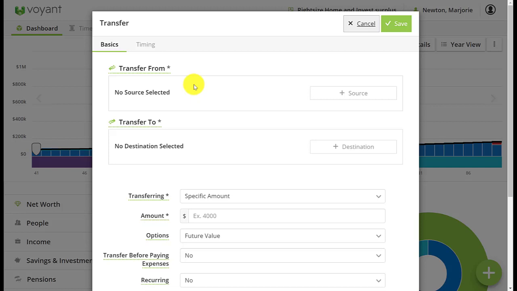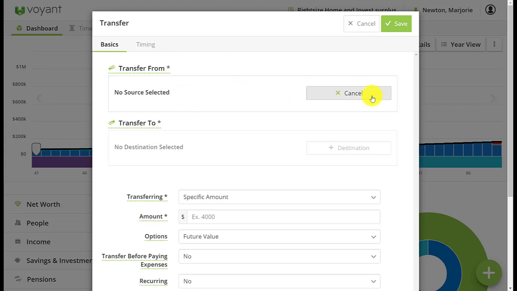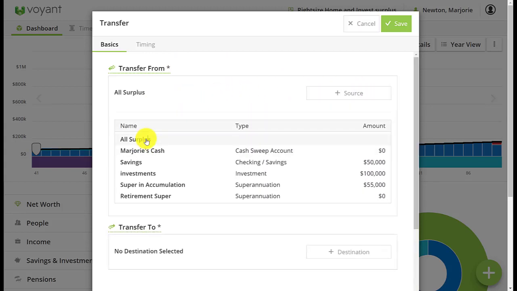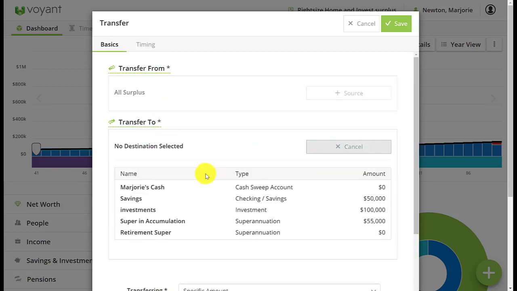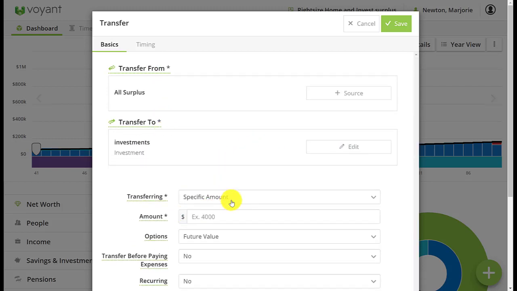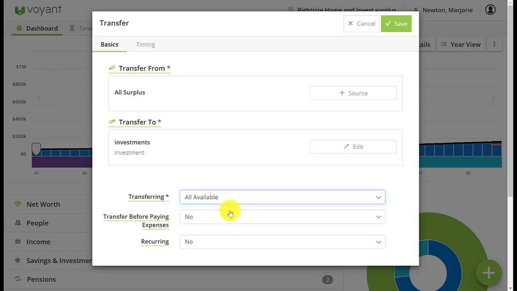that's not needed for expenses in that year, is treated as surplus. It doesn't actually reach that cash account until the end of the year. So if we're doing a transfer in that year, we have to say the source is from surplus, not from the cash account. It's going to the investments account,